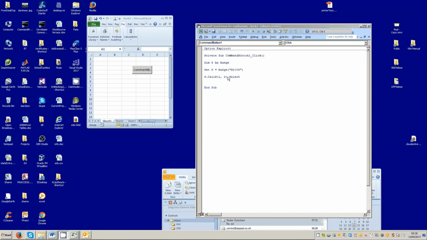Notice the way that we normally use Cells. We have two numbers in here, the row and the column. There is another way of using Cells. I'll just get rid of that code here. If I just type Cells, but I use just one number,